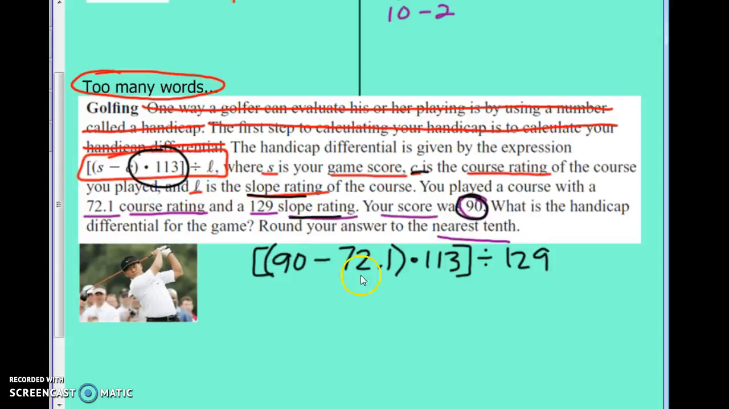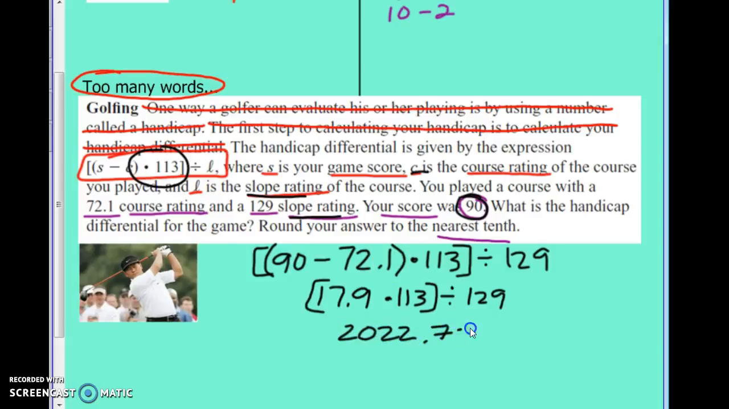So what I'm going to do is plug this into my calculator. Following our order of operations inside our first set of parentheses here, I get 90 minus 72.1, and I get 17.9. Still inside our parentheses, multiplying that by 113, we get 2022.7. And then we're going to divide it by 129. I'm just plugging this in my calculator as I go. And I got